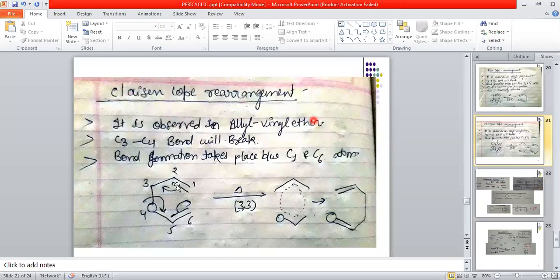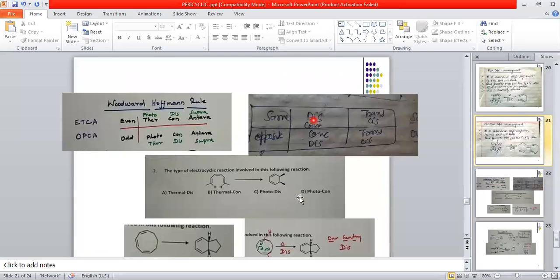It remains the same as I told you. This bond will shift to this side, this bond will shift to this side. So now the ring closure will make a new sigma bond here. And this one is indicating only a transition state. As I told you, in a pericyclic reaction there will not be any intermediate like carbocation, carbanion, positive charge or negative charge. There will be only formation of a transition state. The dashed arrow indicates that there is a migration of electrons. So this is a type of chemical reaction.